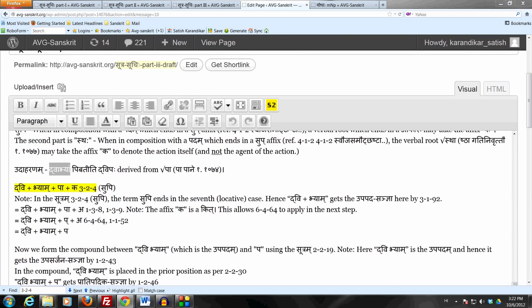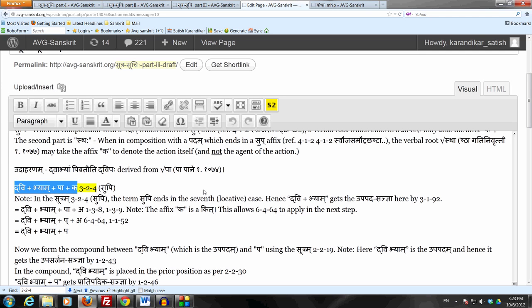He is drinking with two, meaning two instruments, the trunk and the mouth. So dvabhyam. This is a subantam, so it qualifies as the upapadam for the sutram supi. And we do have an adanta dhatu, a dhatu ending in akara. So now we can use the sutram supi to prescribe the affix ka. So we get dvi plus bhyam plus pa plus ka.